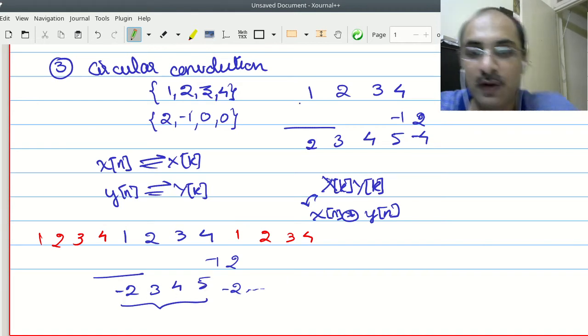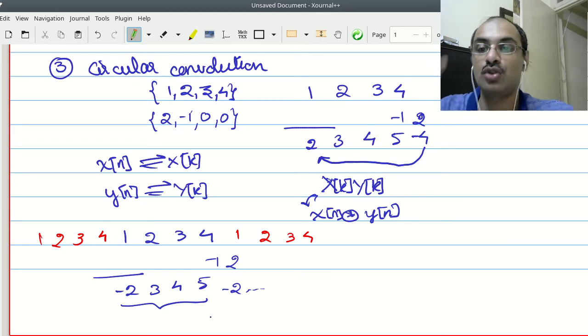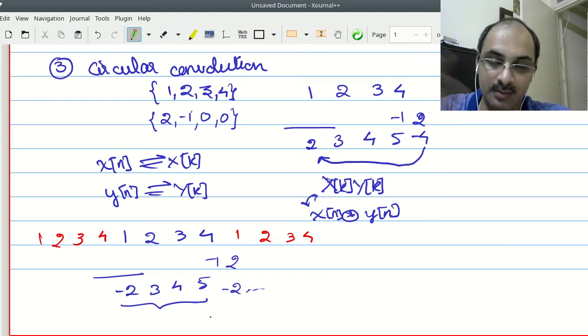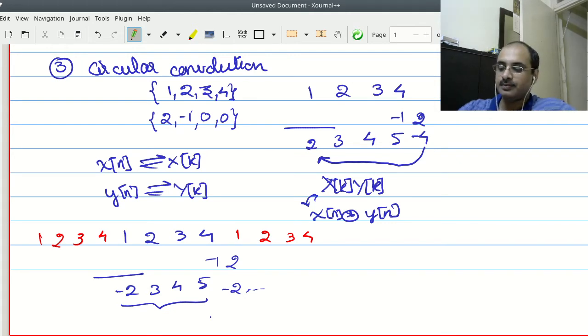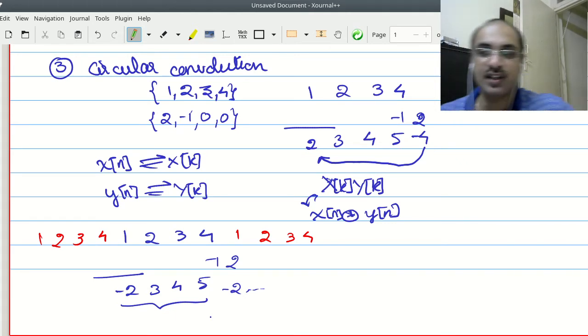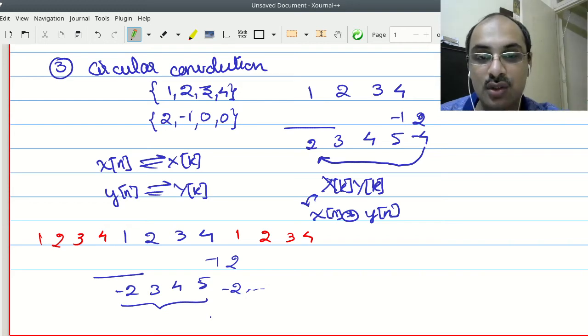A trick to perform this is, if you perform the linear convolution and bring the parts which come after the nth term over here and add them up, you will get the circular convolution. So it's called overlap and add. You can actually bring back the tail and bring it over here. That is something which you can check. Okay. So this is again a very interesting and important property which is different from what you would observe in the case of the DTFT.